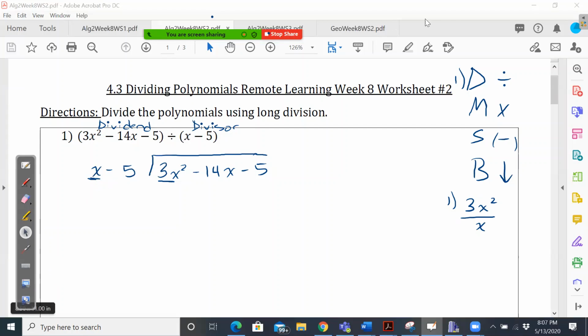Now, in our first step, divide, we're going to divide the first term. The first term of the dividend divided by the first term of the divisor. So here we are, we're doing 3x squared divided by x. Now remember, whenever we are dividing exponents, we're subtracting the powers. So this would look like, let me write down here,